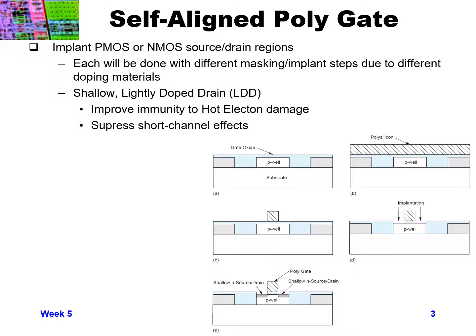Lastly, after we have the source drain regions exposed, we'll implant our source drain regions for PMOS or NMOS devices. Each will have to be done with a different masking step and implant step due to different doping materials. So, for example, first you'll pattern and expose your P-well regions, which will have N+ implants in them to create your NMOS devices, and then do a separate patterning step to expose the source drain regions in your N-well areas, which will have the P+